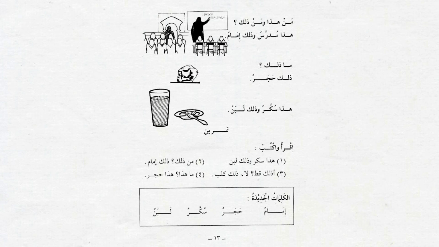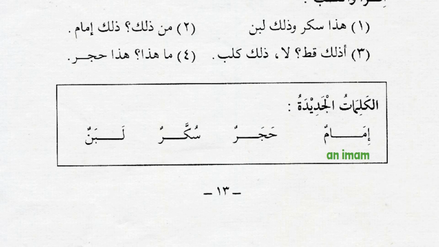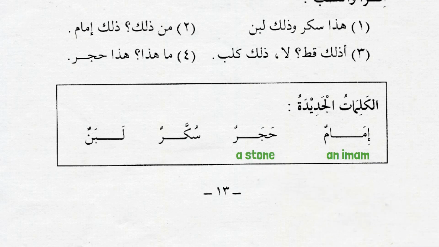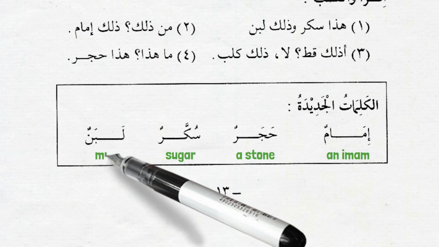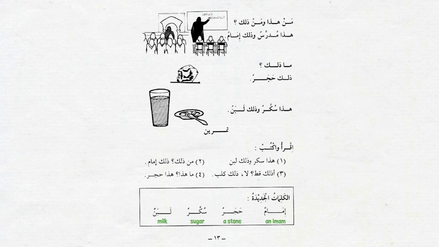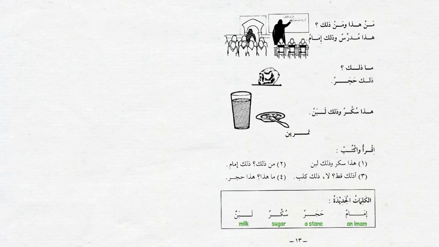All done. At the bottom of the page, we have a list of new words. Imamun is an imam. Hajarun is a stone. Sukkarun is sugar. And labanun is milk. Try to review this lesson a few times until you feel comfortable with the new words we learned, okay? Because we will start using them in different ways in the following lessons,